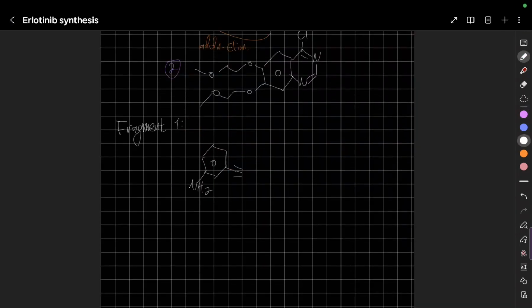From fragment 1, we have very limited options. We can definitely start from aniline, but I think that would present some issues with the forward synthesis, especially putting this CC triple bond in the right position. That screams some acetylation, nucleophilic aromatic substitution. So if we break that bond right there, what we'll end up with is our aniline,